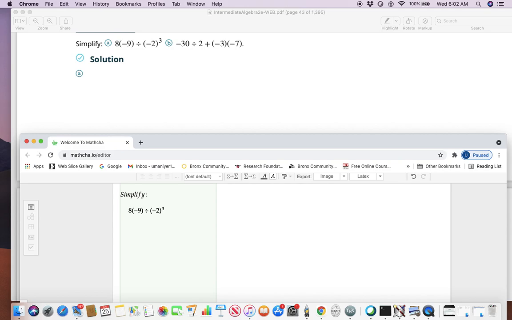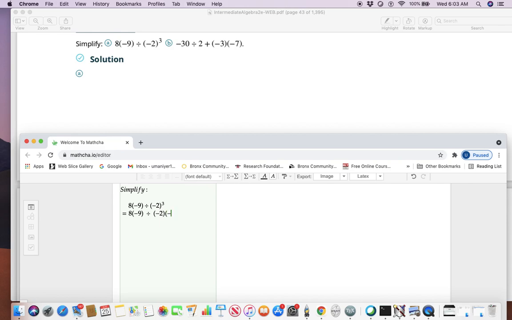So notice we need to worry about which one to address first. Simplification means to take away the most complicated parts. In this entire expression, the exponent is the most complicated. So I will leave everyone else as they are and simply worry about the exponent. This means (-2) to the power 3. That is